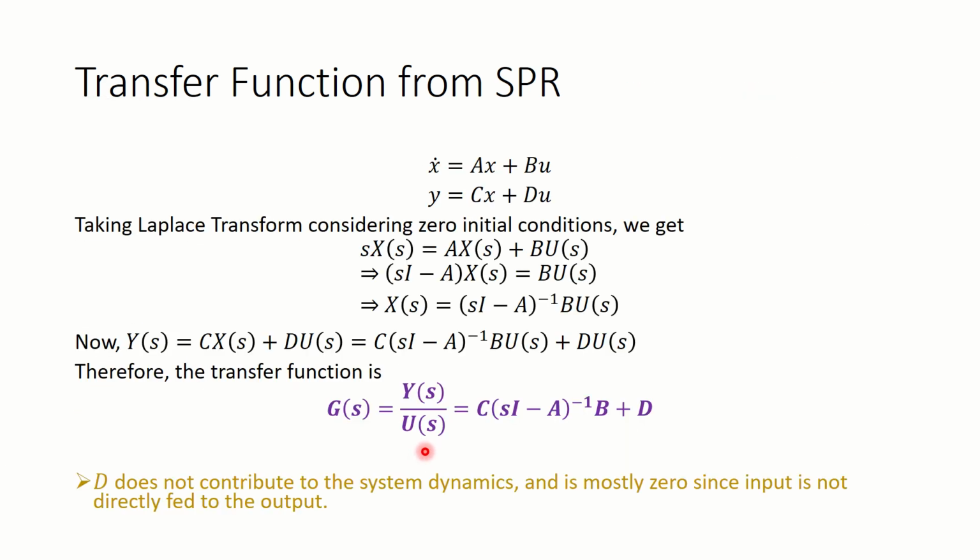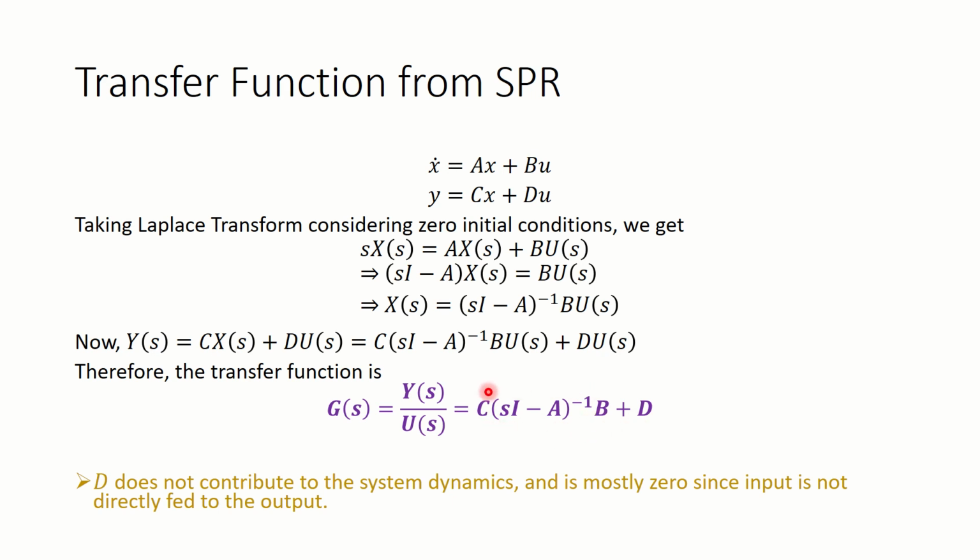So yeah, the question now is, if we are given some A, B, C and D, how are we going to compute? So this is an expression, that is fine, but now how are we going to compute? So first thing is that we have to compute this (sI minus A) inverse. So that will take up the whole lot of our effort, and once we know this, then it is simply pre-multiplying with C, post-multiplying with B, and adding this D.